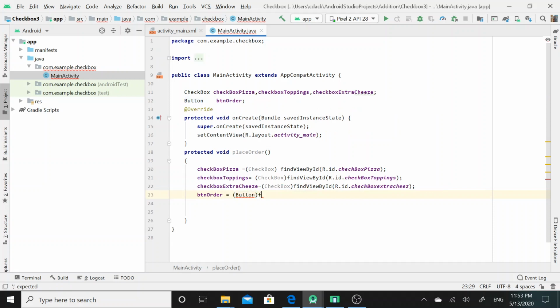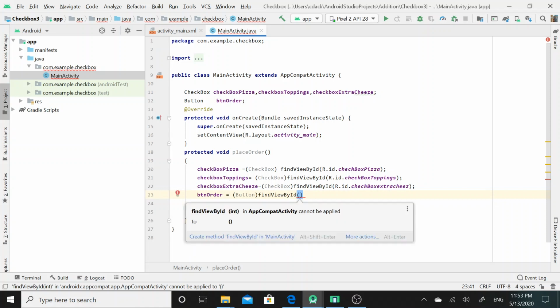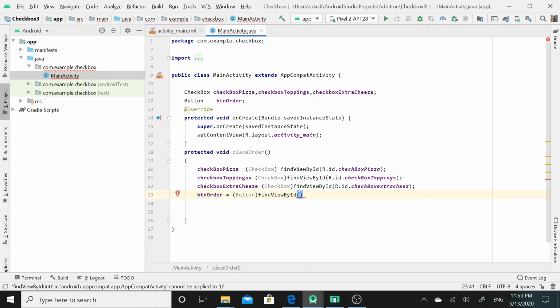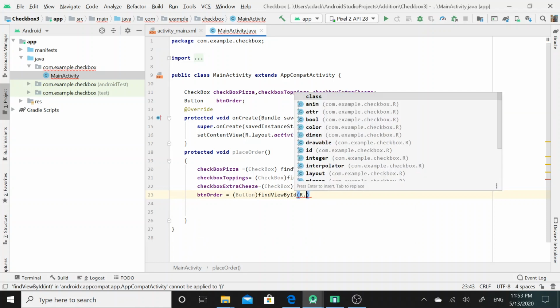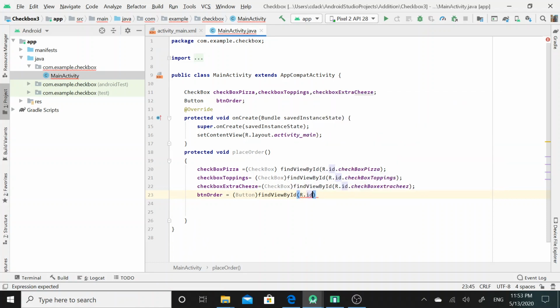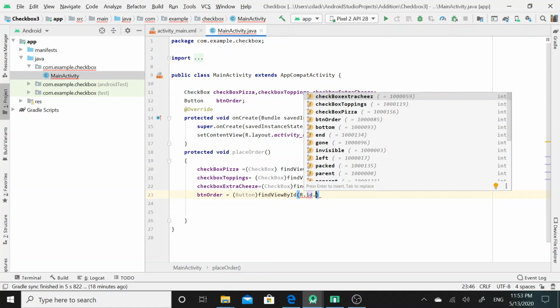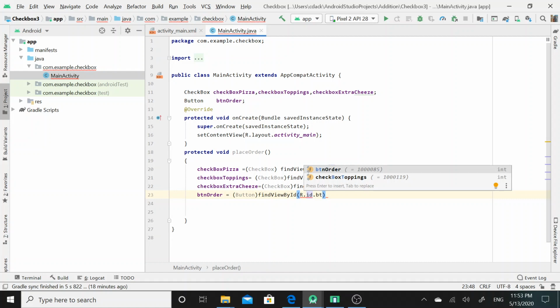With the invocation of the findViewById method, I would assign the button ID to the btn order reference. Here in this method I would set the parameter as R.id.btn order, the ID of the button UI widget.